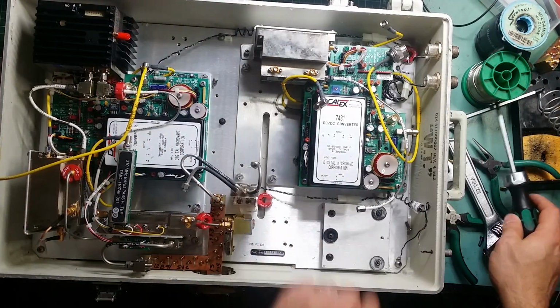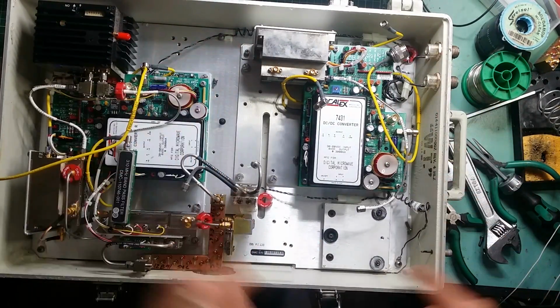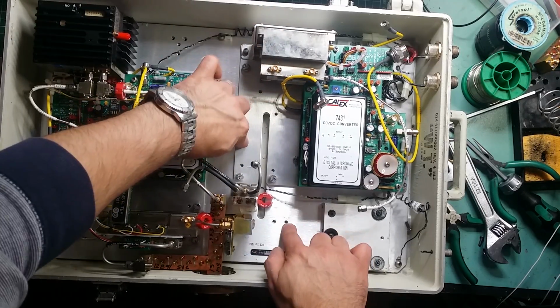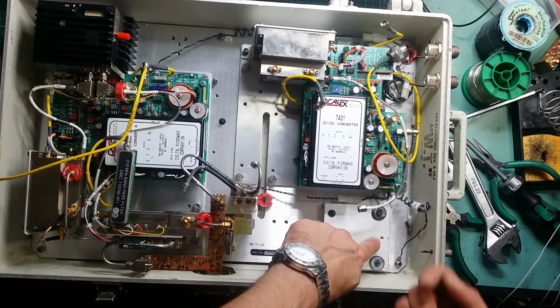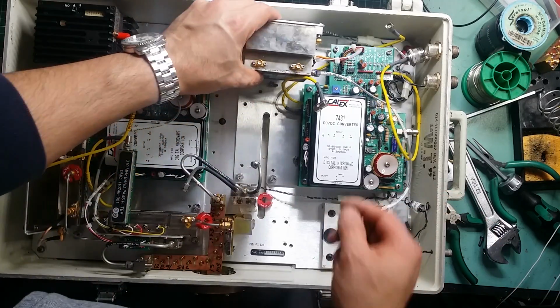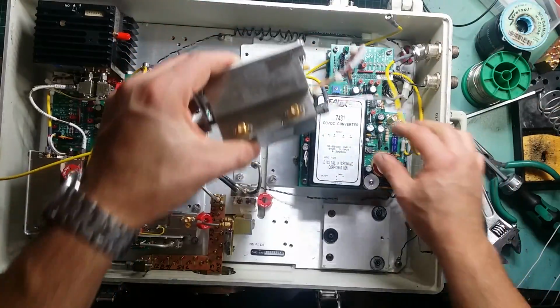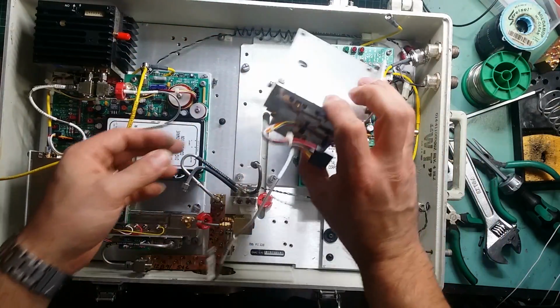Okay, now I know how to get this off, because this whole block is connected to this aluminium chassis at the bottom. When it comes out, it probably has a screw connected at the back side, so we can take that apart. Let's take this off. And what this is,